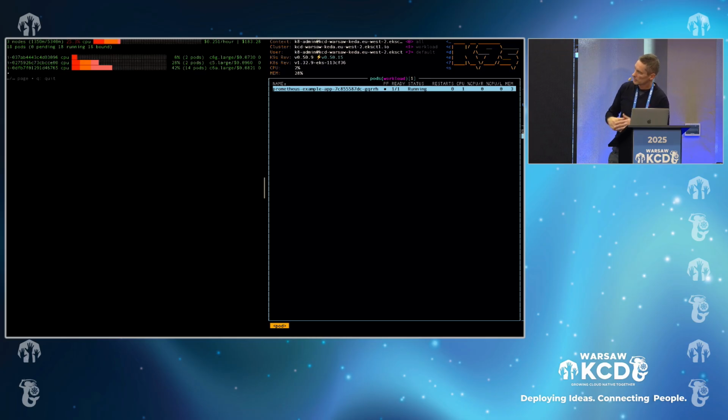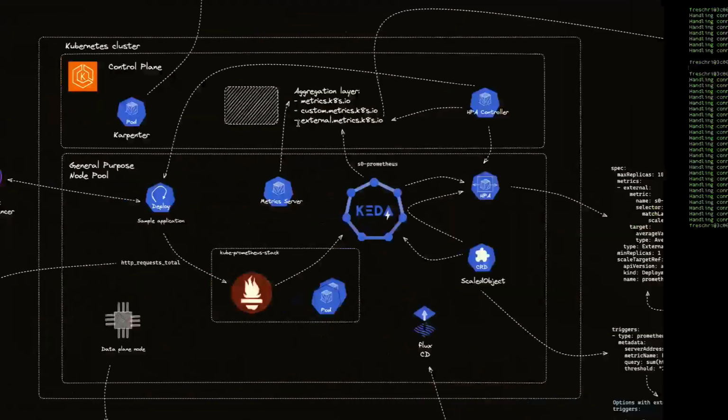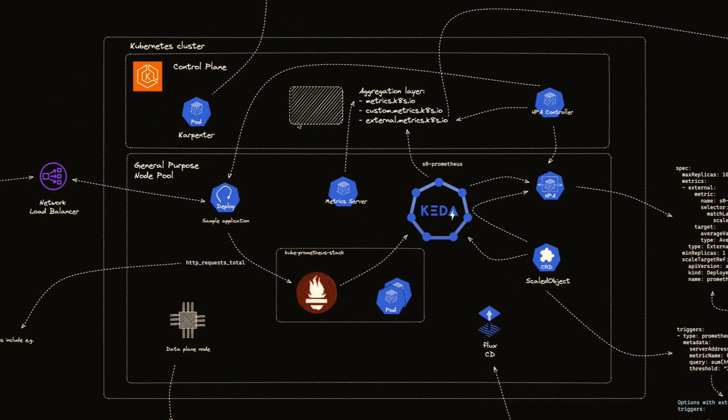You can see the load is not very high. Hopefully you all can see the screen. If someone is not seeing, just let me know. And on the right, we have this single pod that is running. Okay, so this is the pod, status is running, and that's our application. We'll see that it will be increasing later.